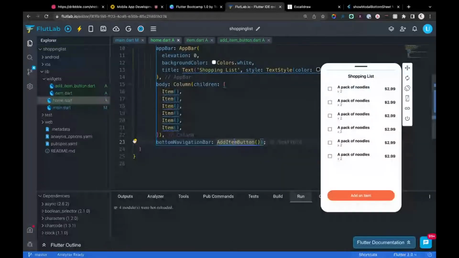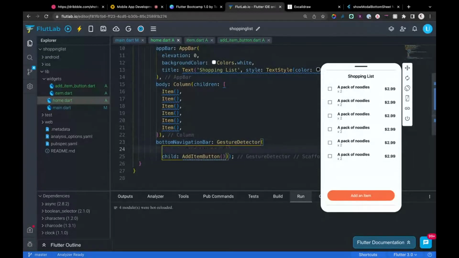One of those widgets is called gesture detector. So with a gesture detector, you can just wrap it, and you have access to a whole lot of methods. But the one we need is